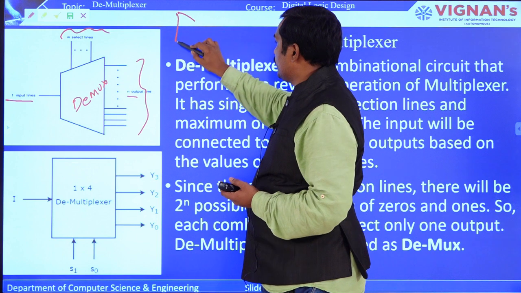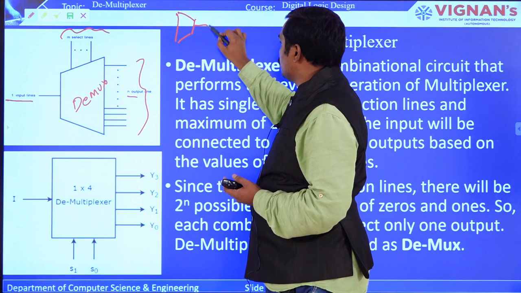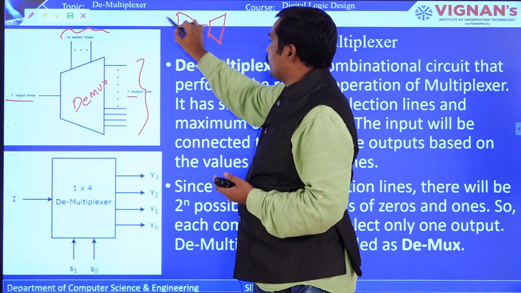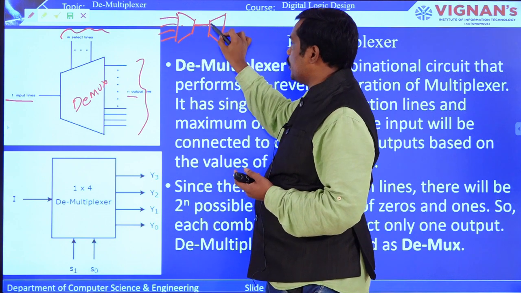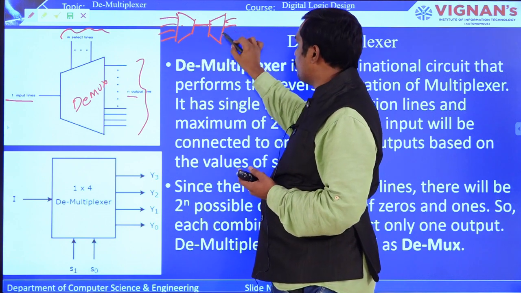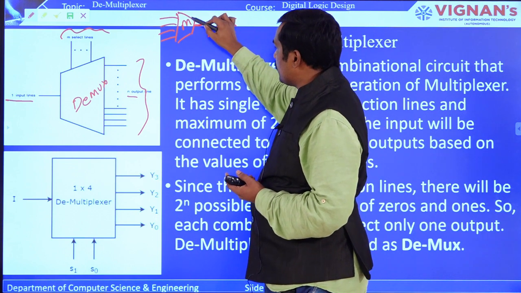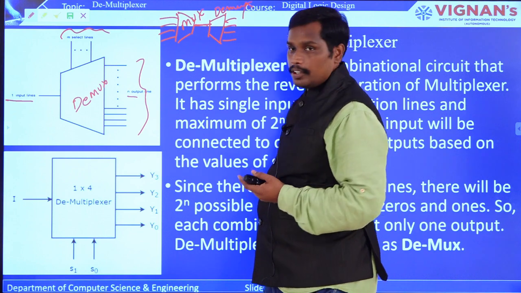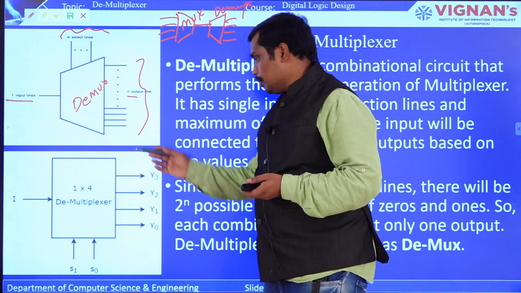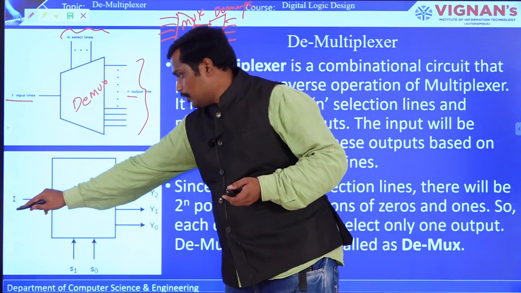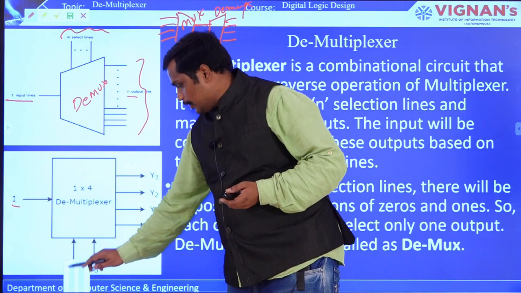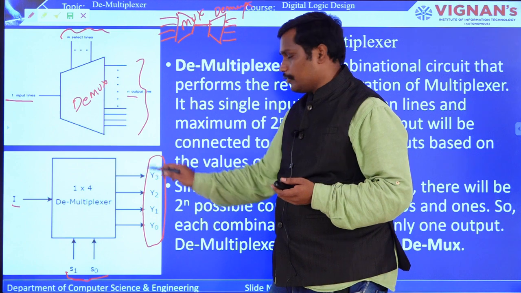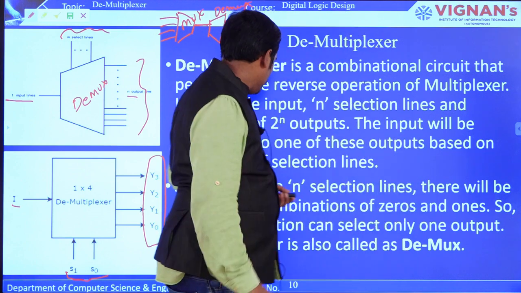So here it is multiplexing with multiple inputs to a single output, and single input to multiple outputs. So here it is mux and this is demux. We generally use the shorthand representation of mux and demux. So this is 1 by 4, which means one input with two selective lines. With the two selective lines, you are going to get back any of the outputs. So we'll see how it's going to work.